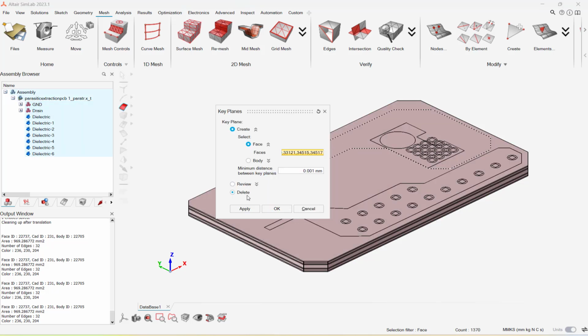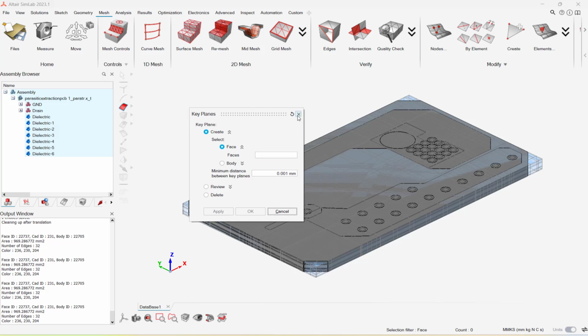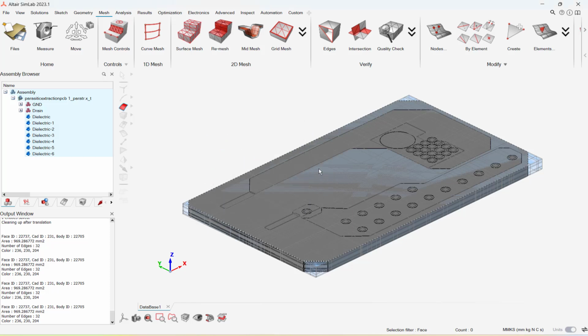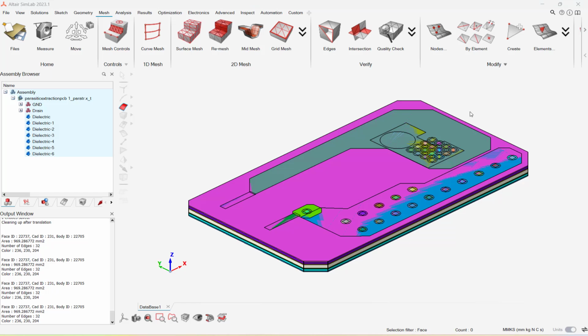Now finally click on Apply to generate key planes. Now we can see that key planes are generated. To display the body colors back, you can right click and use Display in Body Color.